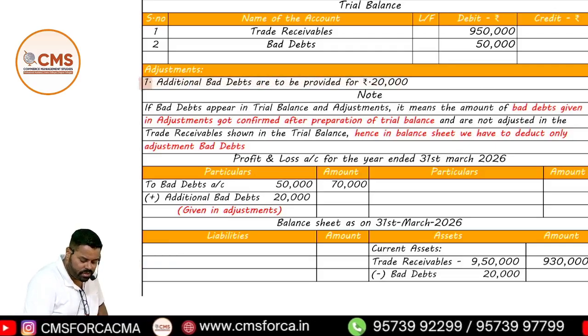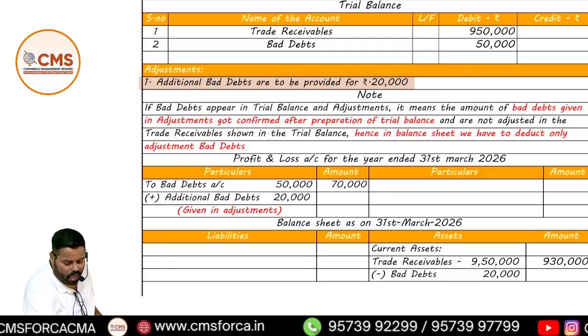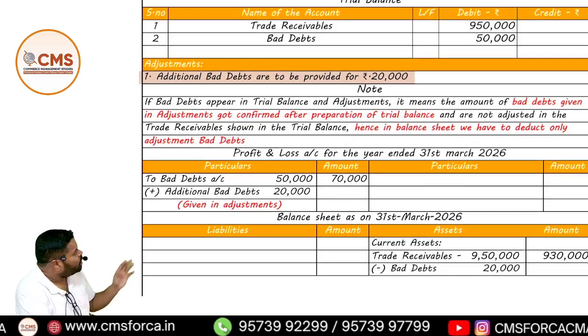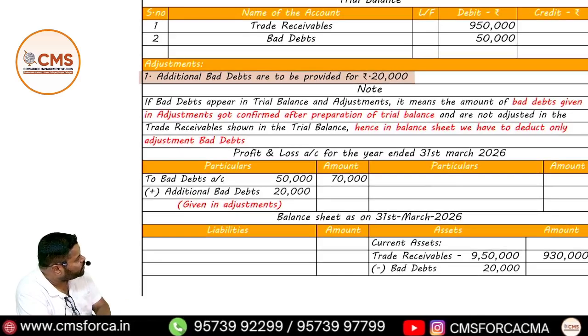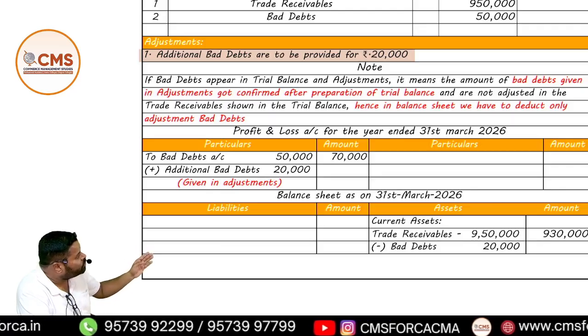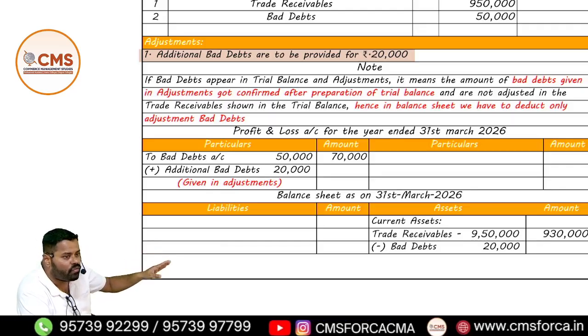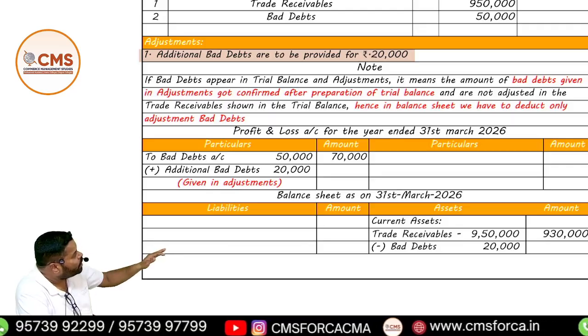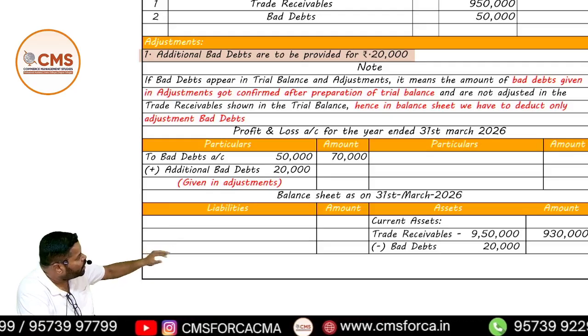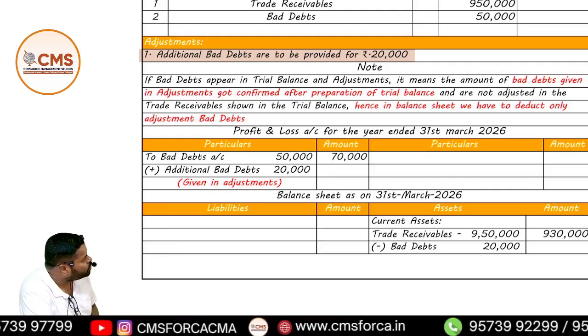Additional bad debts are to be provided for 20,000. Look at the note there. If bad debts appear in the trial balance and adjustments, it means that the amount of bad debts given in the adjustments got confirmed after preparation of the trial balance and is not adjusted in the trade receivables shown in the trial balance. Hence, in the balance sheet, we have to deduct only